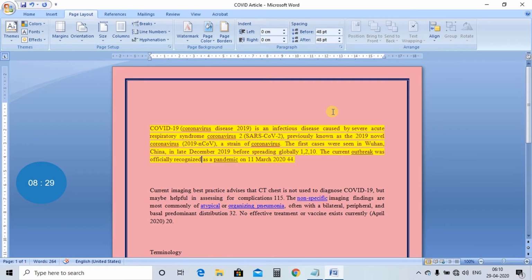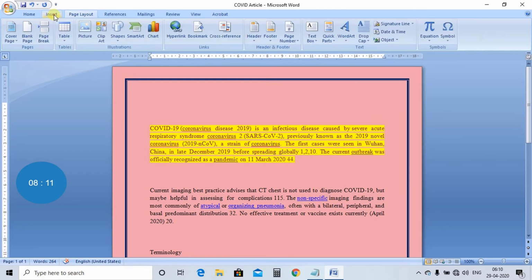Okay, now in the next part, like yesterday in the previous class I told you that there are some other options, and these will become active when we insert an image or a shape in our document. So to make them active, let us insert any shape or image.